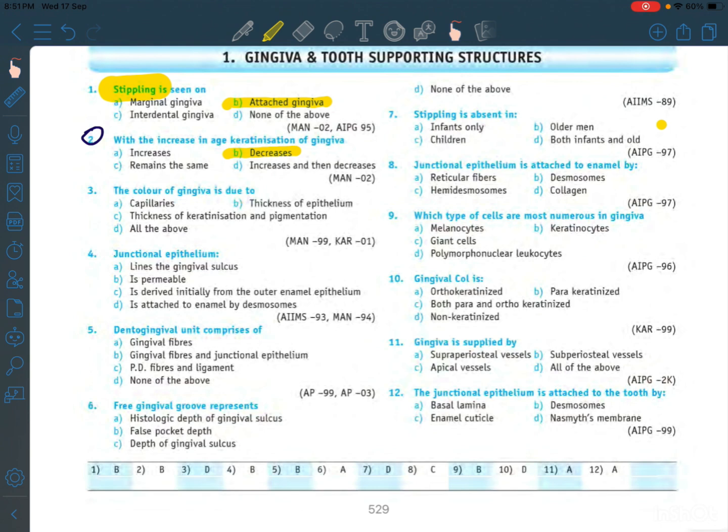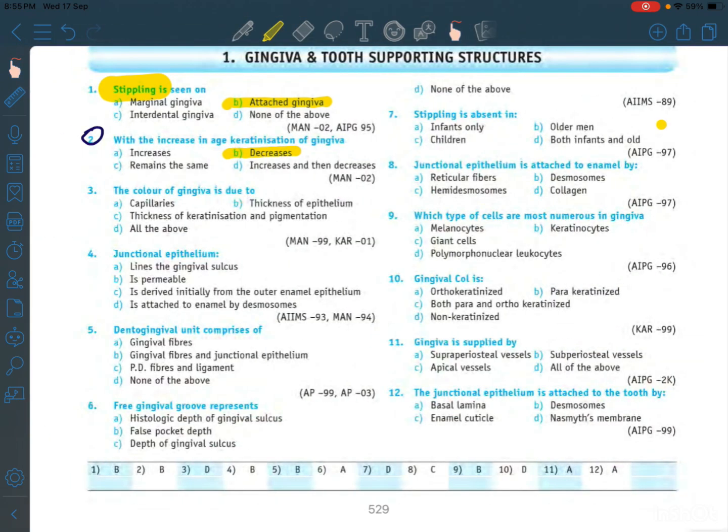You can remember this as a mnemonic: OLD TEETH. O means overused collagen, fibers become dense, cross-linked, and less active. L stands for less blood supply, meaning reduced vascularity. D for diminished chewing, less functional mechanical stimulation. T for thinner epithelium. E for epithelium flattens. E for elderly metabolism slows down. T for turnover decreases. H, hence less keratinization.